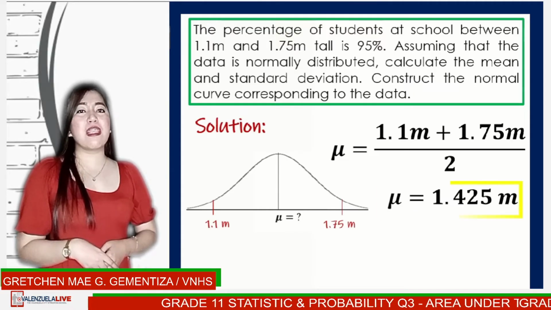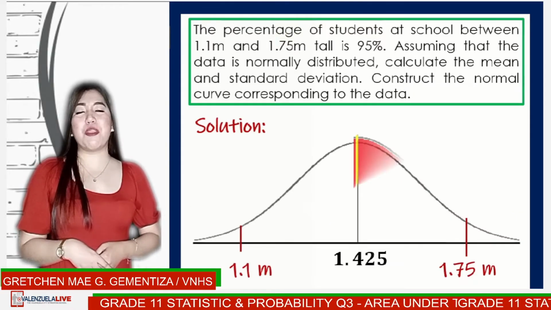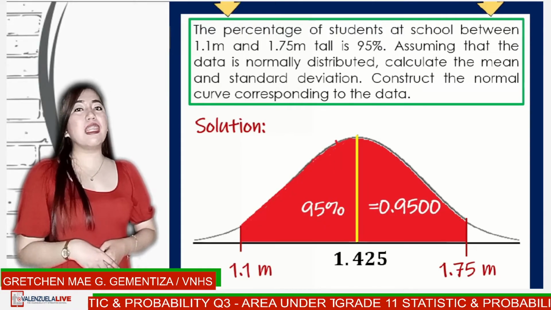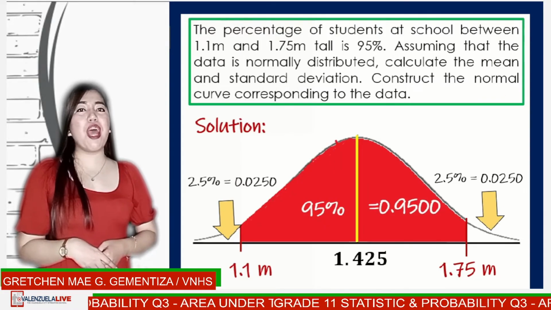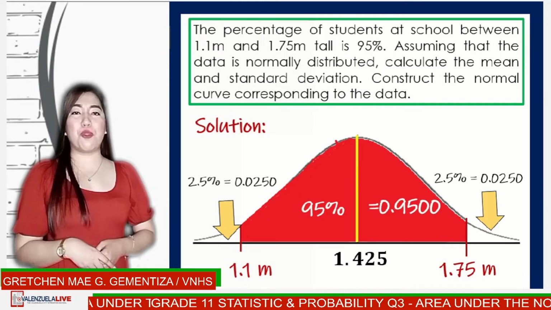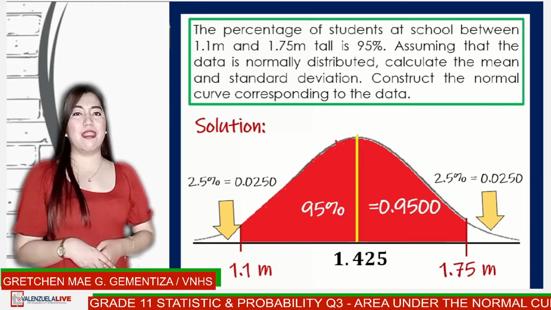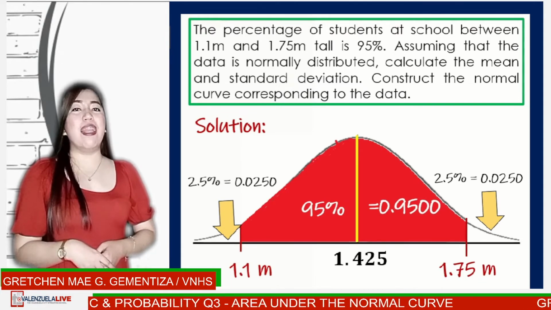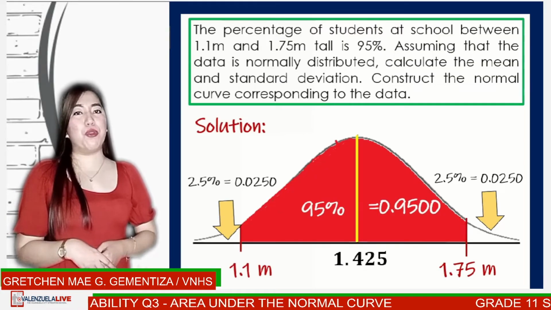But since normal distribution is symmetrical, whose total probability is 1, it implies that the area of the unshaded part for both left and right tail is 2.5%. Therefore, the area of x-score less than 1.75 meter is